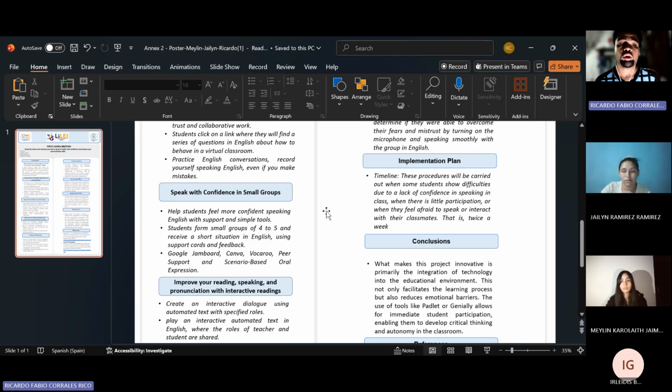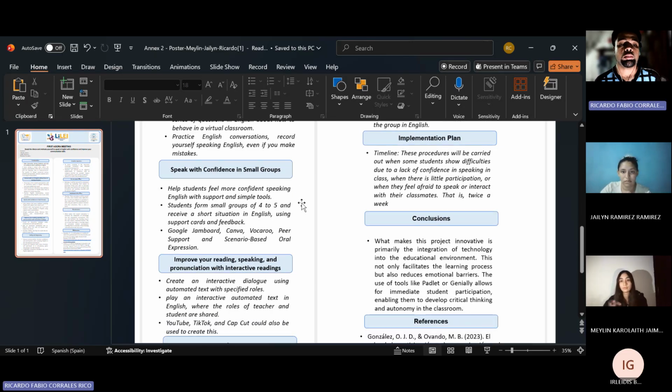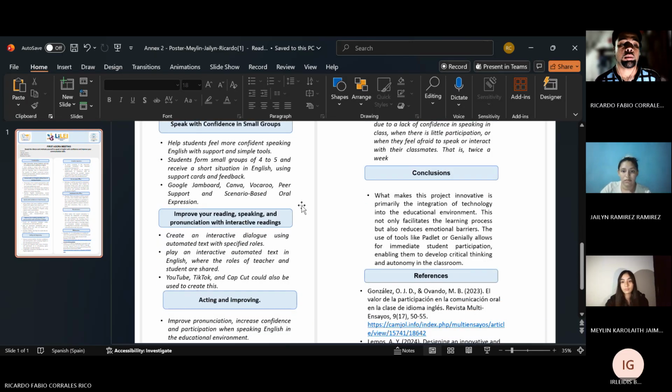Students form a small group of 4 to 5 and receive a short situation in English, using support cards and feedback from the teacher. Google Jamboard, Canva, Vocaroo, Peer, and other websites and platforms support a scenario-based oral expression. Now, my partner Mailing is going to present activity number 3.